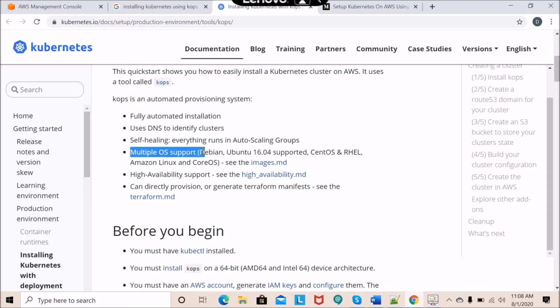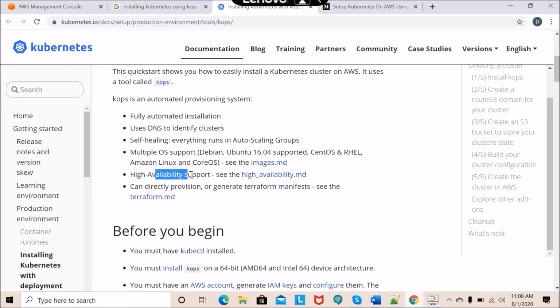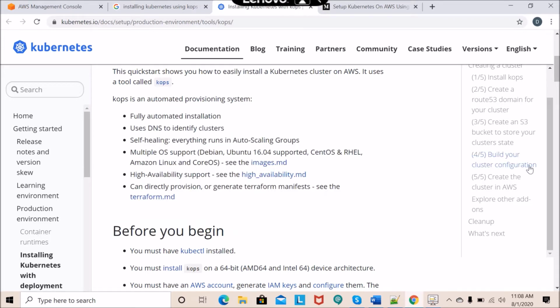It supports multiple OS. You can go through these. It supports high availability as well, right? It can directly provision or generate the terraform manifest. You can also integrate this with terraform. You can write the terraform to create the kops cluster. You do not even need to do it from kops. So these are a couple of benefits of using kops. Also, I will not say that every time you do it from kops, you can do it from the GUI itself also,